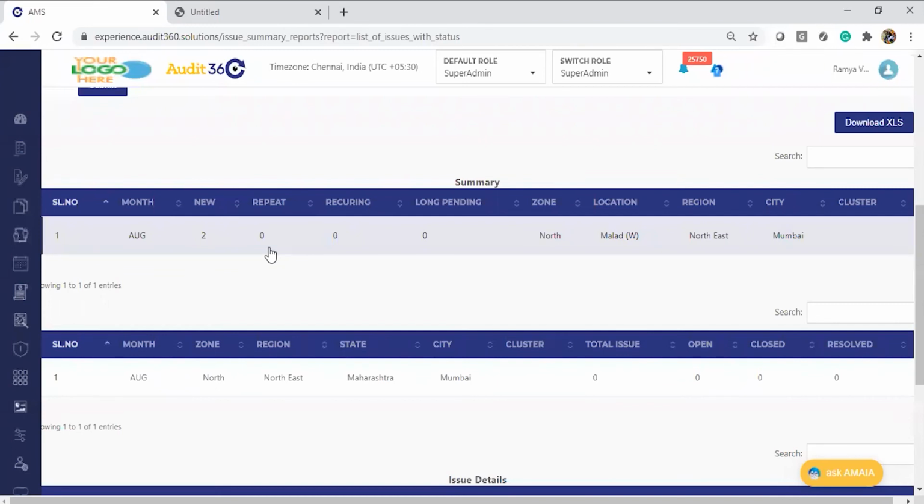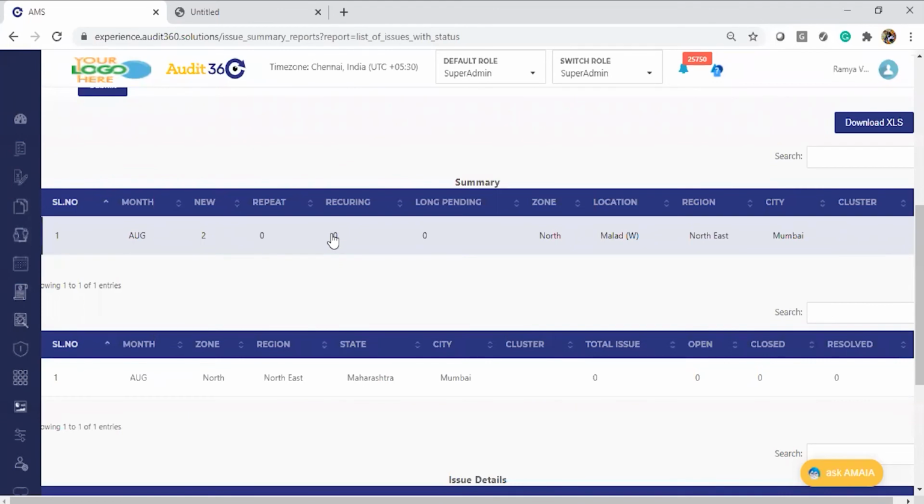This is based on the audits we have executed for the same auditee. Here we have only one auditee, so you could see only one entry here. If you have multiple, multiple entries would be shown here, and this will be at a month level. And then we have recurring issues. Recurring issues are nothing but when the same set of issues has been repeatedly observed in one or more audits executed in the concurrent audit.